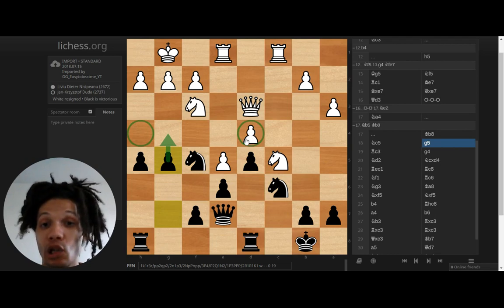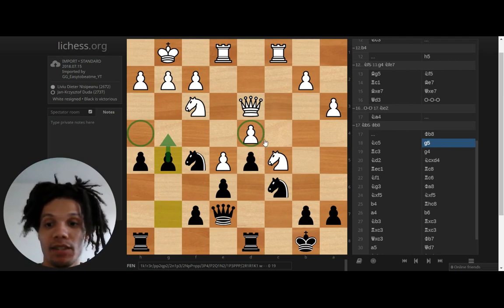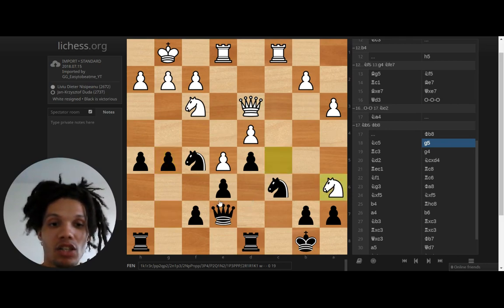And if the pawn on d4 is lost, the whole position collapses. So that's actually the real problem here: it's really hard to defend the d4 pawn with these knights anchored as well as they are. When I saw the knight come to c5, I was thinking, oh, the idea is to go knight a6 check,